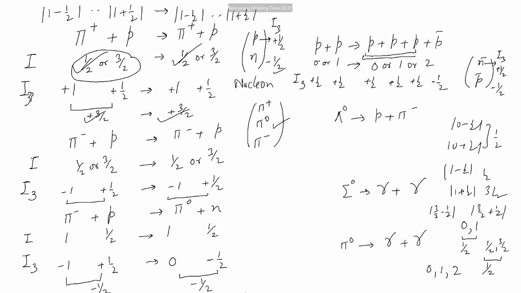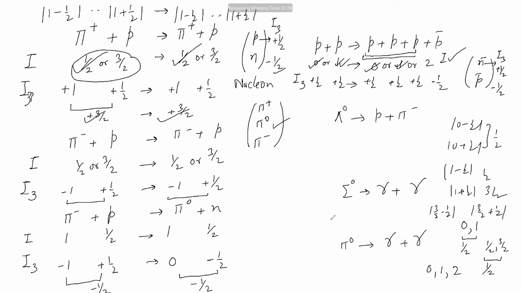Now what you are realizing is that you have 0 here, 0 here, or you have a 1 here and 1 here. You will say that if any one of the numbers is on the left hand side or on the right hand side, then the quantum number is conserved. Therefore, in this example, I is conserved. What about I3?